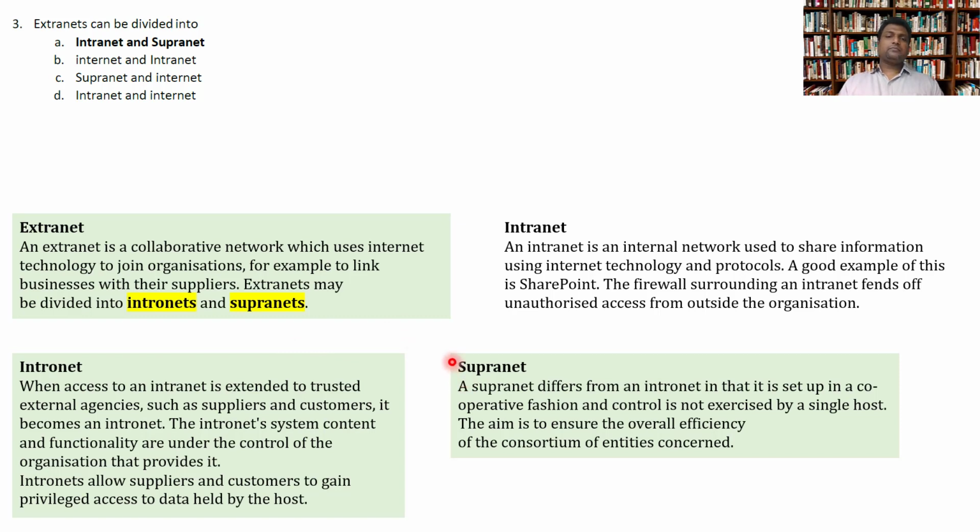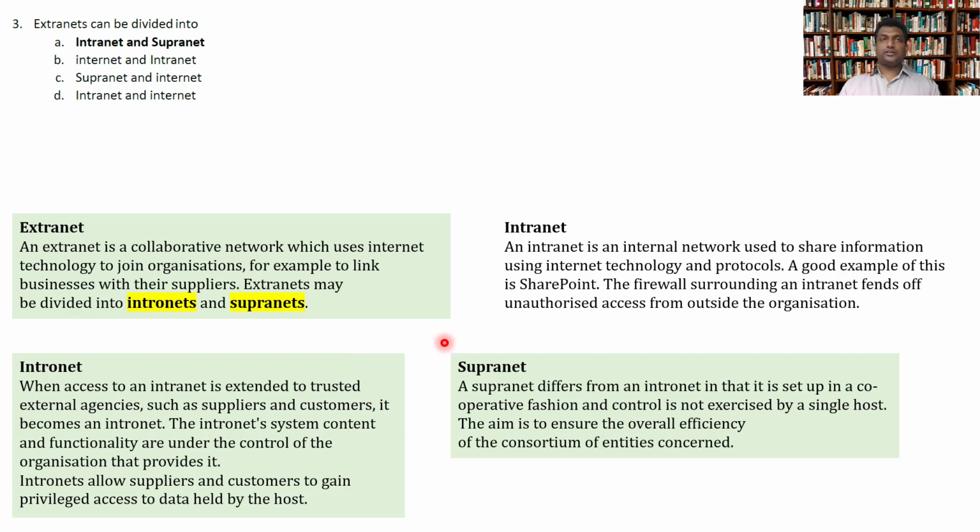Supranet is something which the organization doesn't control, which the organization doesn't own, but is part of the network. Now intranet, the organization owns it, they can control it, right? That is their own network. Extranet also, yes, part of the intranet is now available outside. You have to log in and all the security is there, but still the organization has full control over this. So intranets is what this network is made available for outside people.